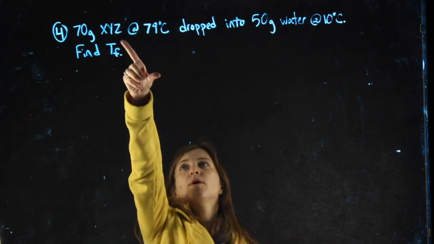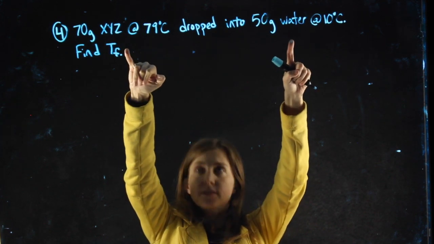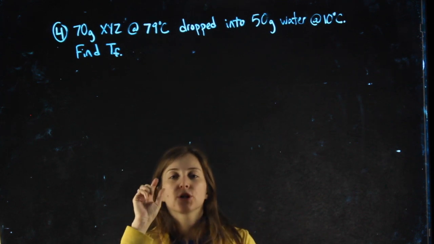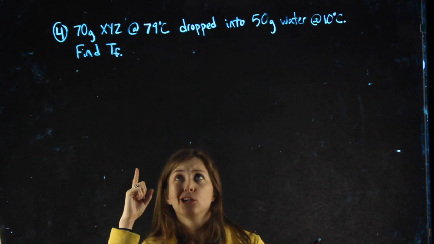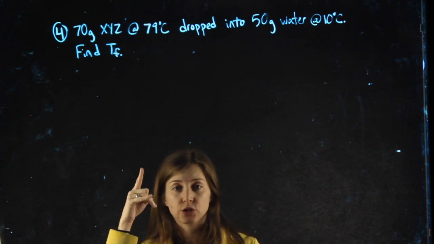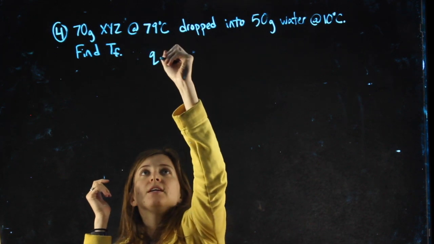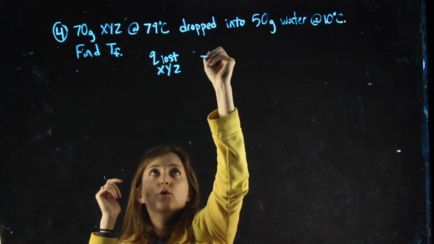Number 4, we are dropping some XYZ into some water. Two different substances that start at two different temperatures. This is like our lab where we took the warmed up piece of metal and dropped it in the room temperature water. Two different substances, two different temperatures. There's no reaction happening here, but what's happening is that the heat lost by the hotter object is going to